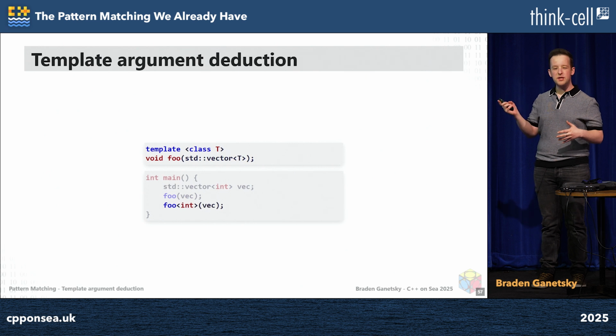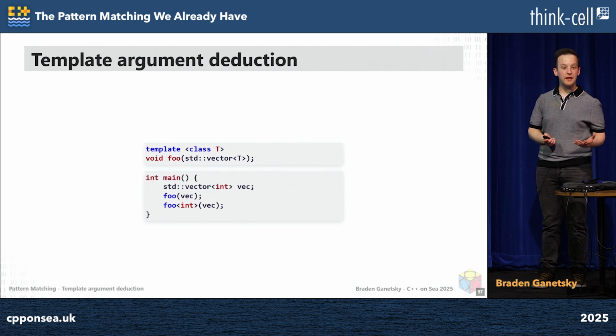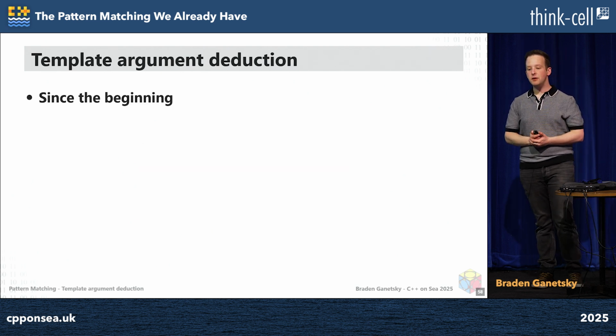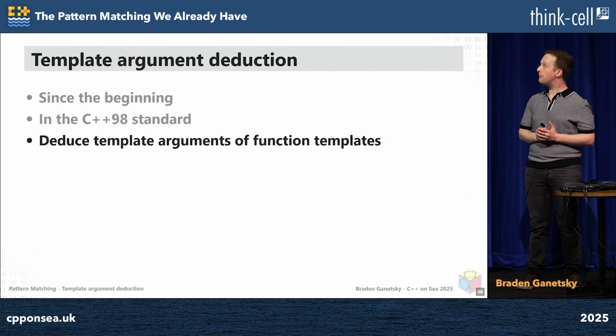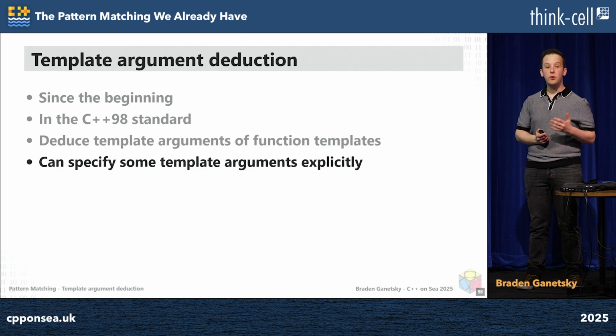But why don't you need to just call it with foo int, explicitly? Why don't you have to pass in int explicitly as a template argument? Well, that's what template argument deduction is. So template argument deduction has been in the standard since the beginning, and we can deduce the template arguments of our function templates, and that's what we're doing in the example here. But we are able to specify arguments explicitly, and that's why the code that I just showed is valid. You can do it explicitly, but it's better to do it implicitly with deduction. C++ is a lot more ergonomic that way.